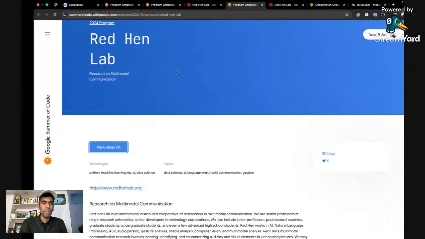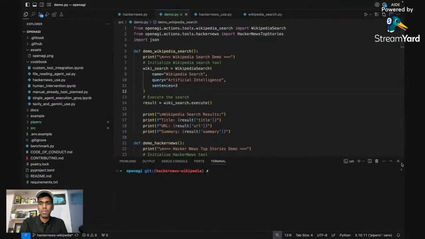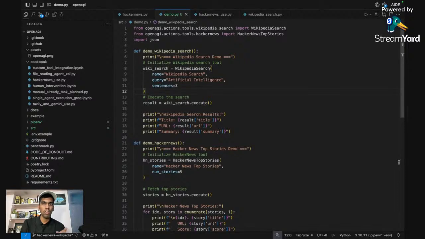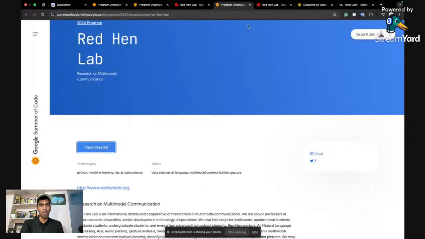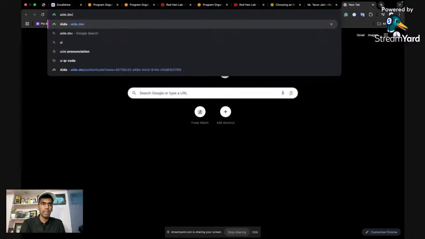Let me get back to VS Code. All right. So here is where we'll be discussing how you can contribute to open source using AI. Now that you understand these are the possible organizations, and these are the possible repositories you'll be working on, the next thing is you need to clone that particular repository. For example, here I'm using OpenAGI. To give you more context on what this is about, we'll be using head.dev.